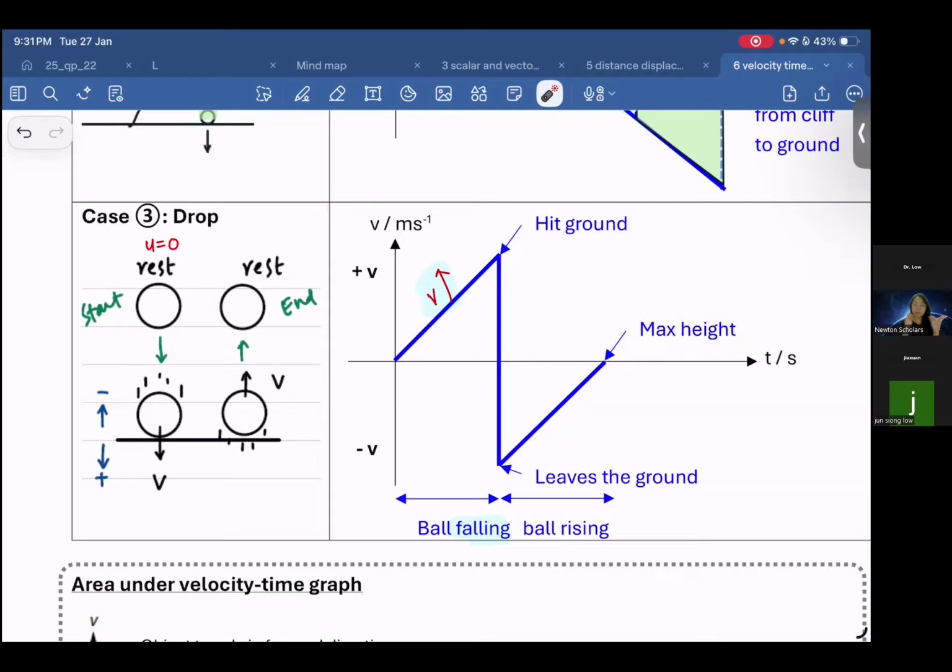For this graph, are you able to interpret the situation? Interpret the graph. Where is the point that you hit the ground? Where is the point that you reach the maximum height? Okay, Junxiong, okay. How about Jiaxuan? Okay, here,